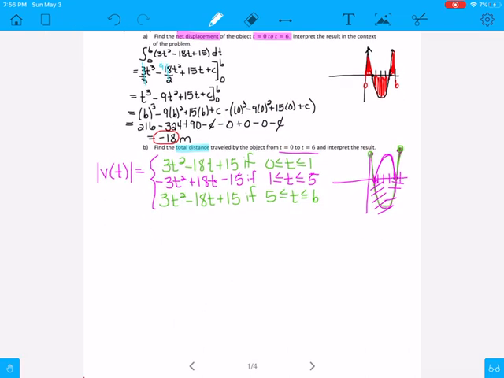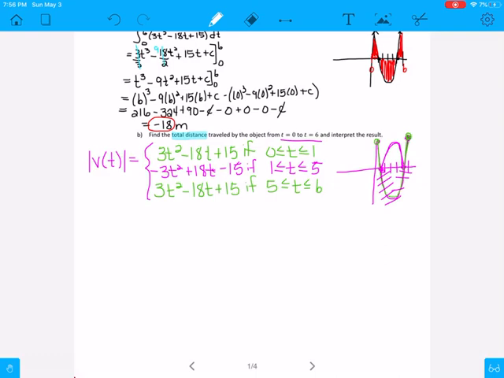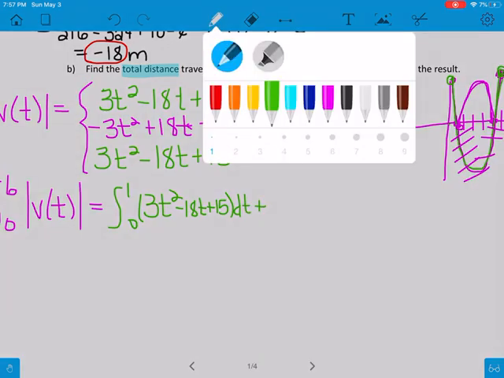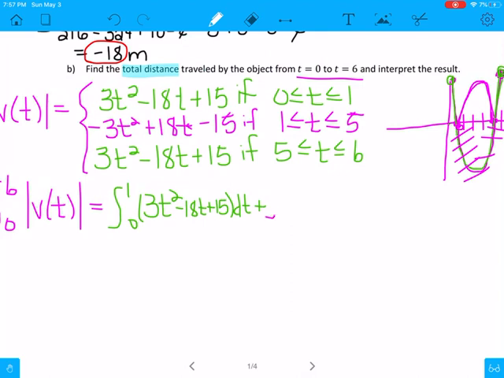Now all you have to do is you actually do integrals for each of these functions and add them up. Okay? So if I want to go from 0 to 6 for the absolute value of v of t, which I have to show this part, I'm actually going to do all of my pieces separately. So I'm going to go from 0 to 1 using 3t squared minus 18t plus 15 dt. And then I'm going to add to it the distance of the middle one from 1 to 5. And now I use negative 3t squared plus 18t